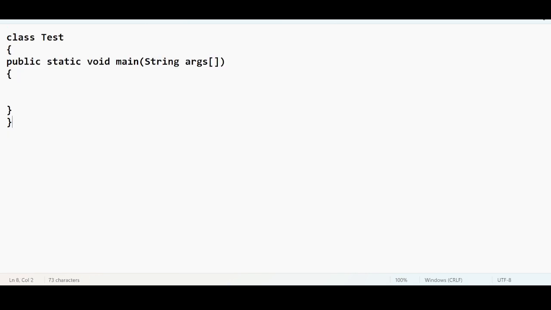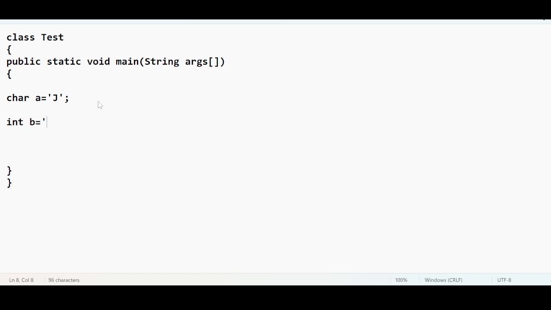Now I will introduce a small concept. For example, if I want to save a character, I can save the character in single quotes. I can use char a equal to, for example, 'j'. This is one way of saving a character, using the char data type. The other way of saving a character is to use the integer data type itself. How is that possible? I have already explained this in the concept of primitive data types. If you don't remember, you can visit those videos. And int b equal to, for example, if I want to save a value like